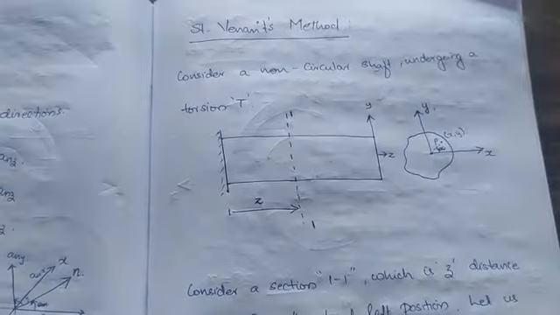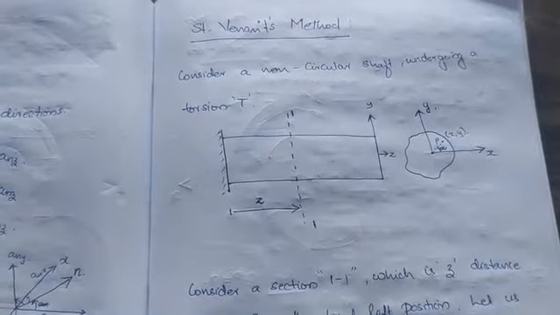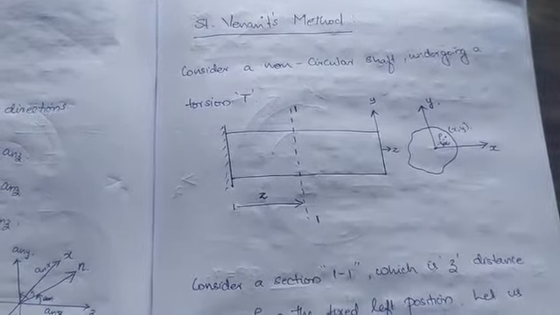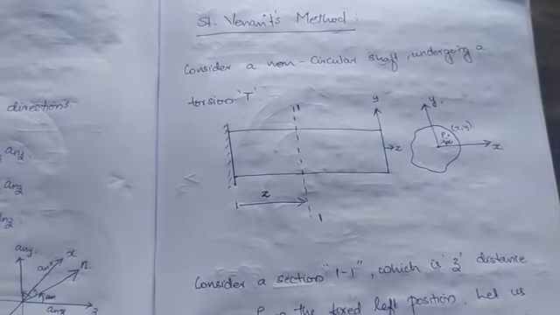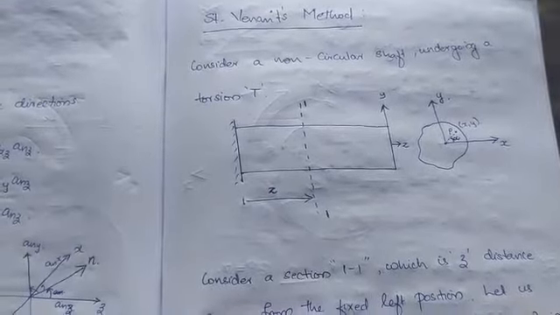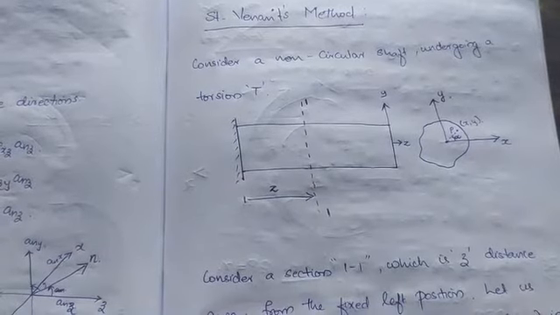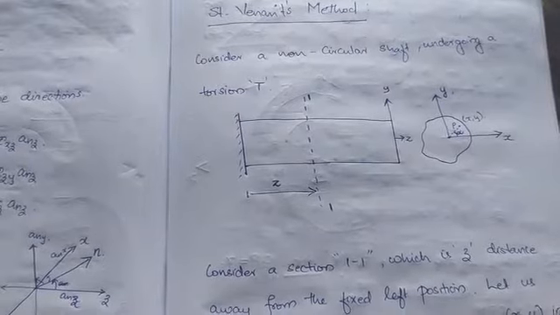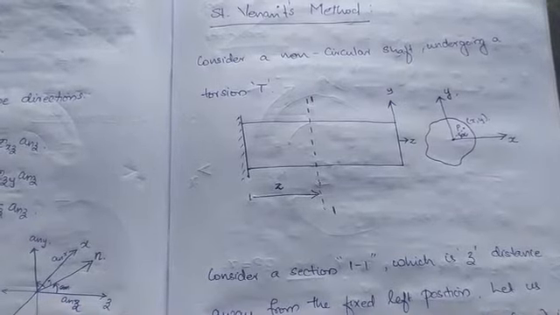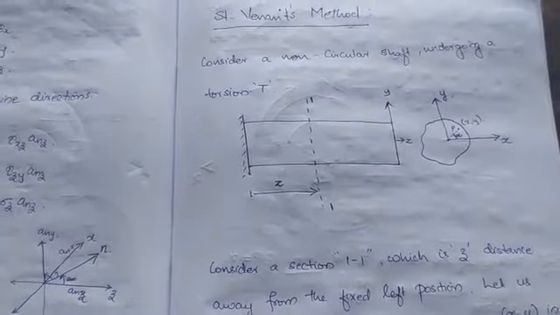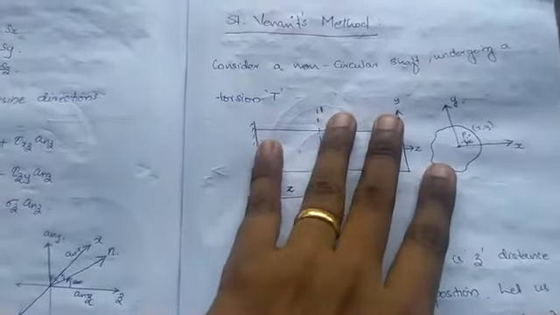So good morning students. In the last class I gave a small introduction regarding torsion of circular as well as non-circular shafts. For circular, you already know from your basics of mechanics of solids, T by J is equal to tau by R is equal to G theta, right? And for a non-circular shaft, we need to find it out by using the Saint-Venant method today.